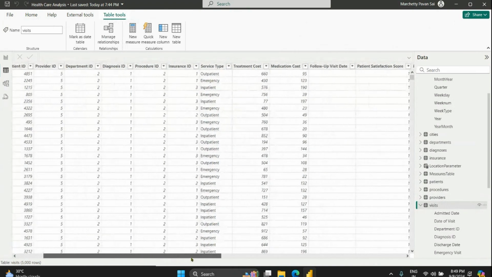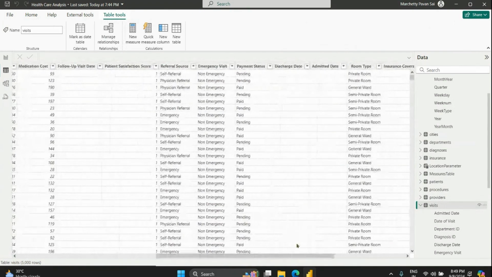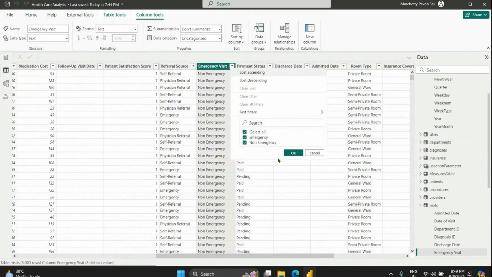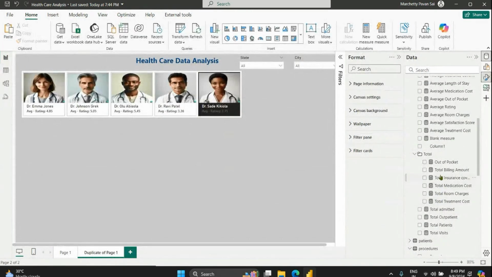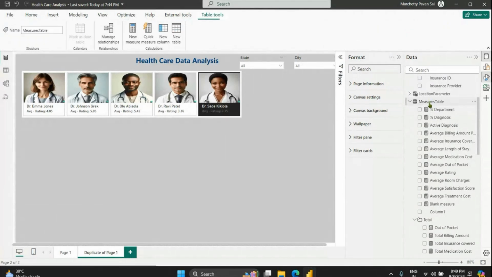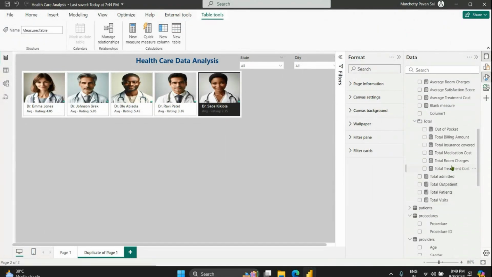We have a column related to emergency visit, emergency and non-emergency. Let me create a measure to calculate. Like we have already calculated total admitted and all these values, right? Based upon those admitted, outpatient and visits, we'll try to make a switch slicer kind of thing. Okay,